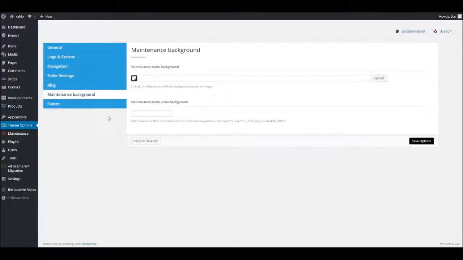Again, maintenance background. This is useful if you want to switch on your maintenance mode. You switch your maintenance mode on whenever you're working on the site. You're doing some changes, you're amending. So let's say you start from there. You're doing some work on the site and you don't want the public, the viewers, to be able to view the changes, what you're doing and how messy it is at the moment, perhaps, or whatever you come up with. So you set up